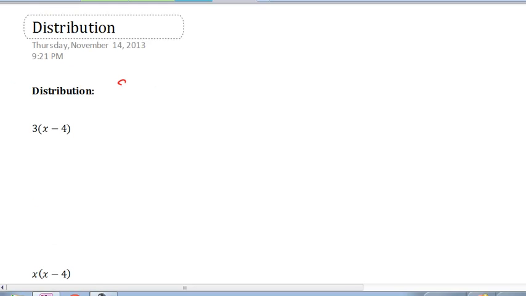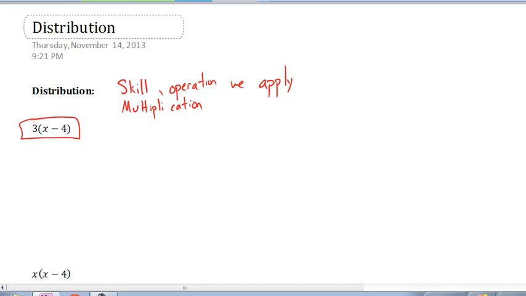Distribution starts as a skill. Right? It's an operation we apply. And in fact, it's an operation we already know. We're really talking in distribution about multiplication and extending multiplication to multiple terms. Right? So if we look at our first example here, 3 times x minus 4, what we oftentimes forget to